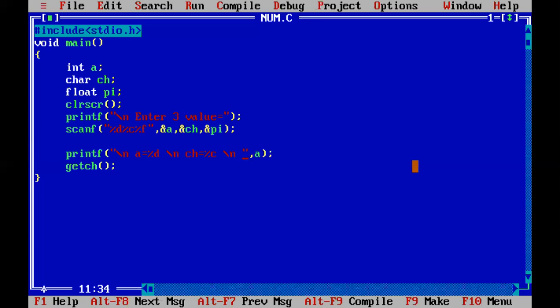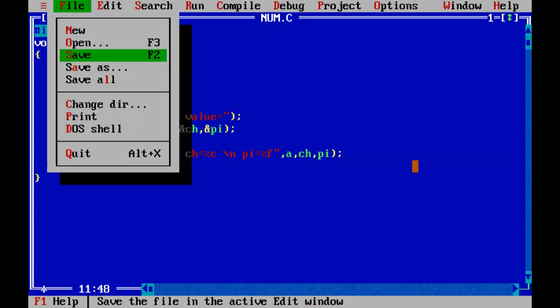On the new line you have to print the pi value, which is equal to %f. Firstly the value of a is printed on the screen, secondly the value of ch, and next the pi value is printed on the screen. You just have to use the comma operator to print multiple values in a single printf statement.